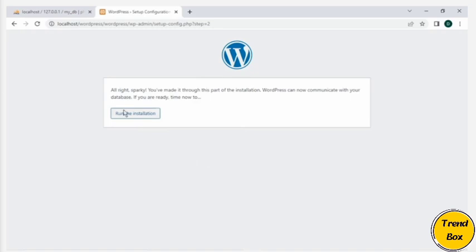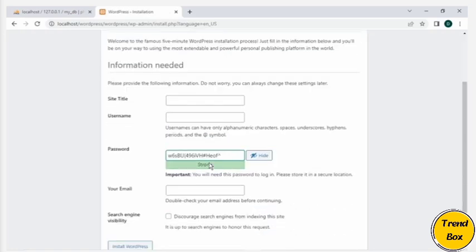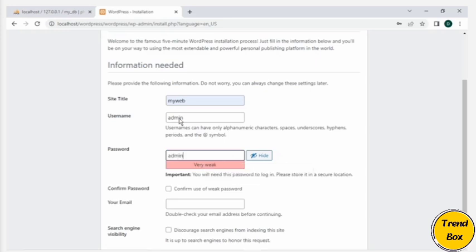Now it will ask to run the installation. We'll click on that, run the installation, and it will ask me for the title of our website. So I'll create my website title, and my username should be admin, and I'll type the password admin@123. This is for example.